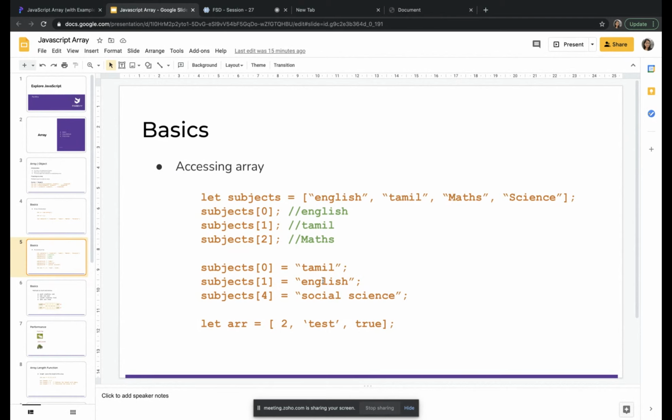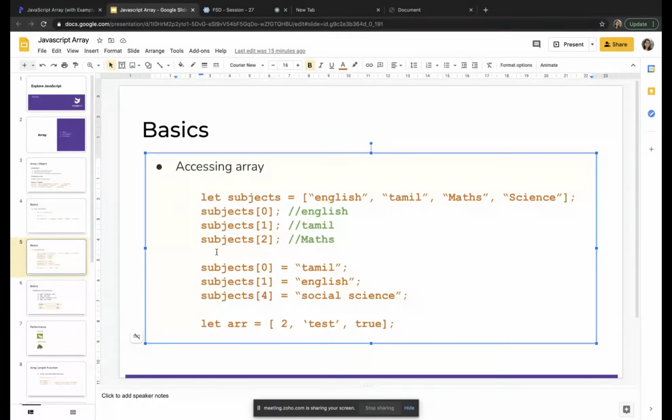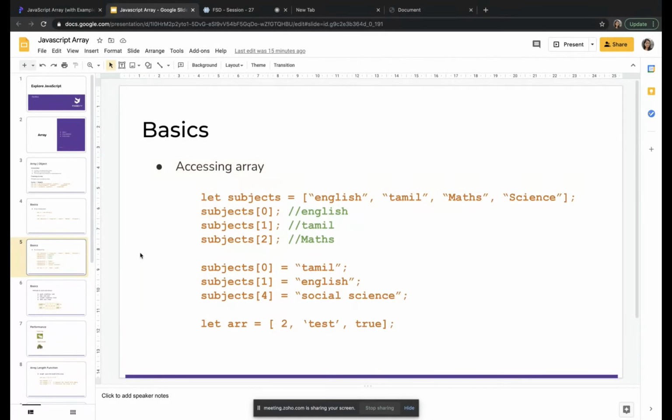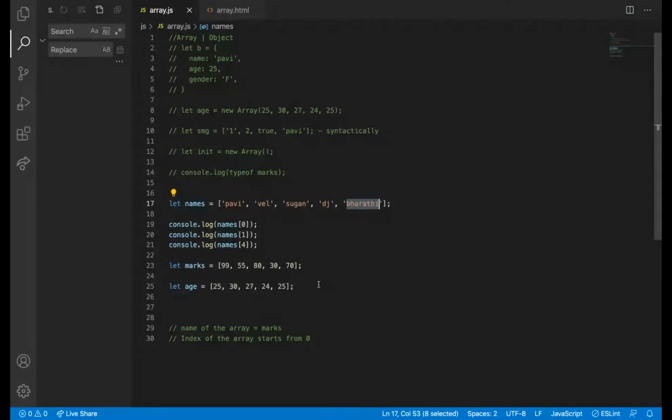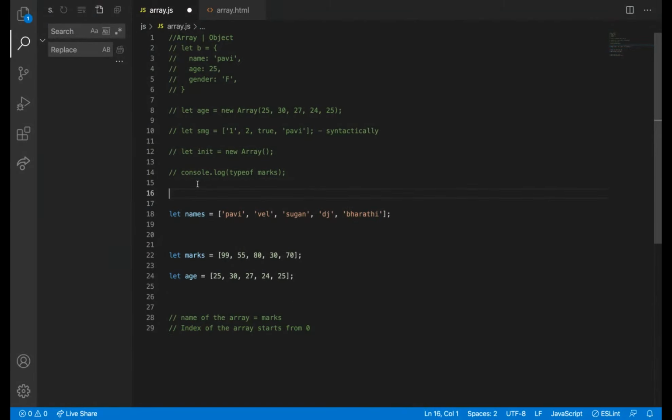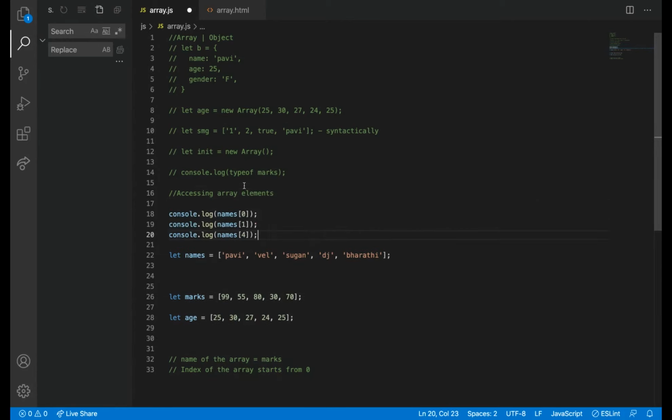What we have written is accessing array elements. Fine.